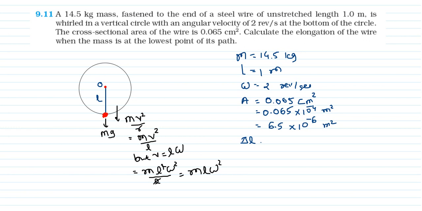Okay, so here force F is equal to what? That is mg plus m l omega square. Here you have to calculate delta. Now substitute the values. So you can say F is equal to mg plus m l omega square. m is common, so m times g plus l omega square.